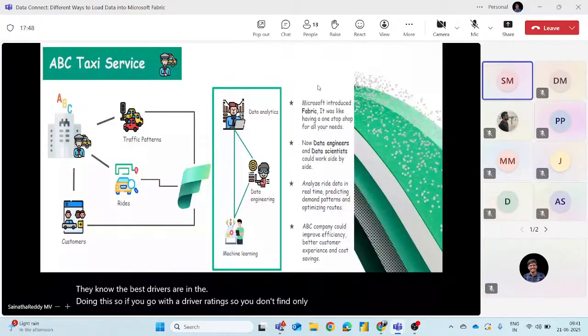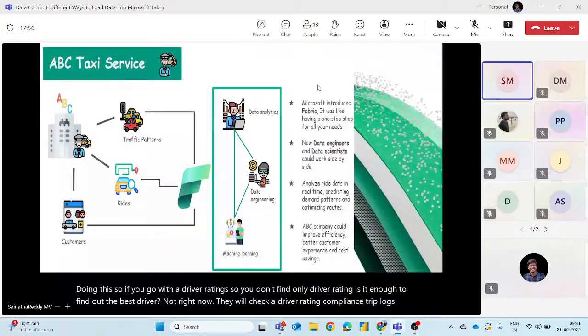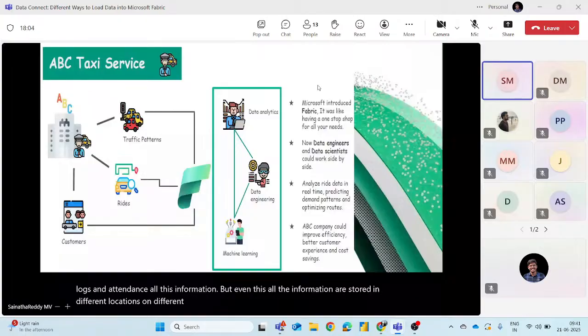Now they will check driver rating, compliance, trip logs, and attendance. All this information is stored in different locations and different modules. So now they're combining all of this to rank ABC drivers holistically in the Fabric OneLake data warehouse.